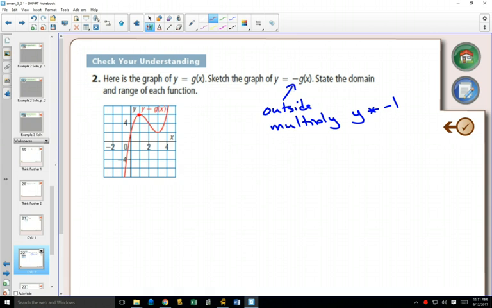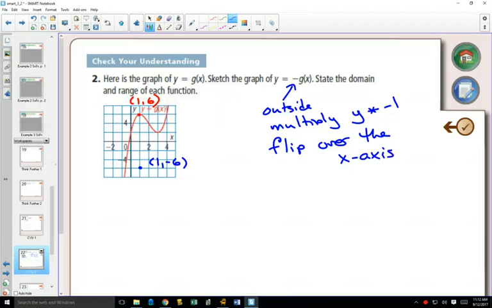Well, let's look at a single point. Here I've got the point 1 comma, and notice on this one it's going by 2s, 2, 4, 6. Probably would have been tempted to label that as 1 comma 3, so that's just pointing out to be careful with your scale. If I multiply that y value by a negative 1, I'm going to get the point 1 comma negative 6. And the result is a flip over